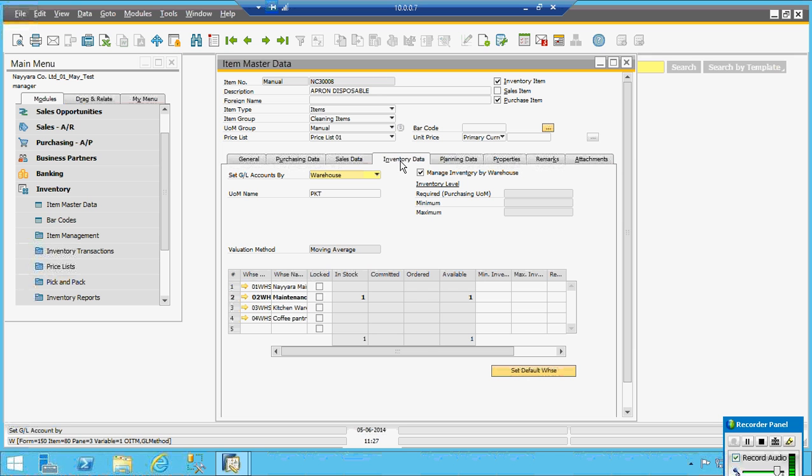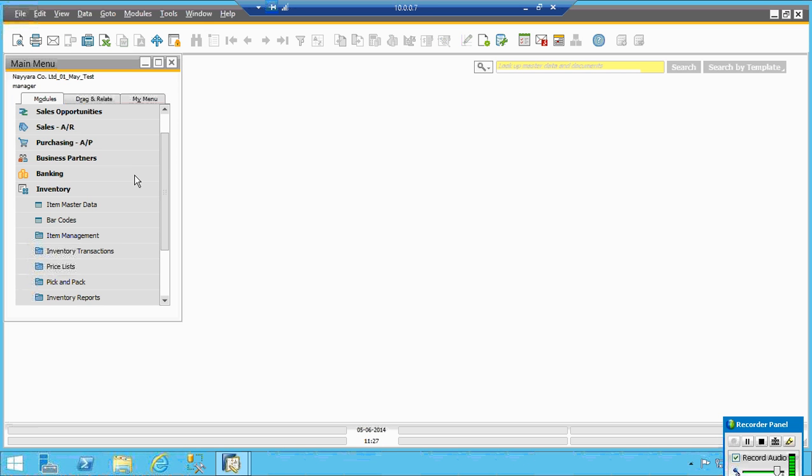I think we are setting the minimum and maximum requirement for each item. For some items they are given the minimum maximum requirement, and whenever it falls below that, it will give an error. Any person can have the details like the store status report. You can see it any time.